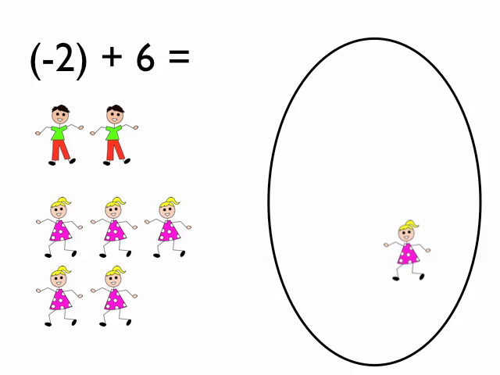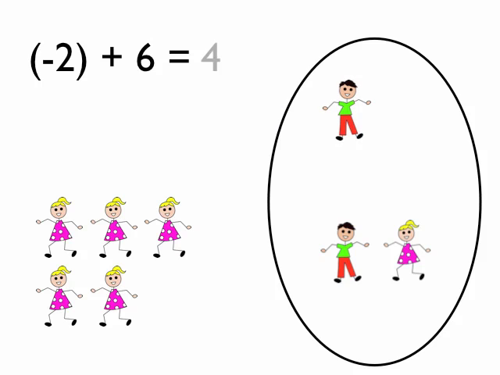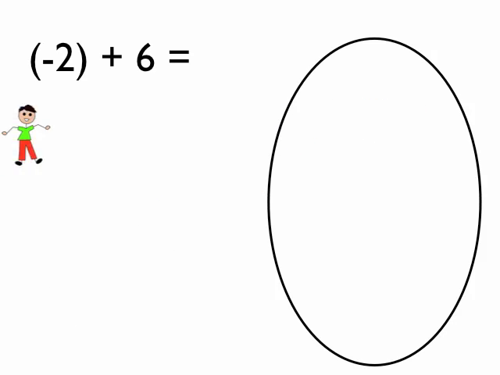So one boy and one girl will pair off at the dance floor, and another boy and another girl will pair off at the dance floor, giving us a total of